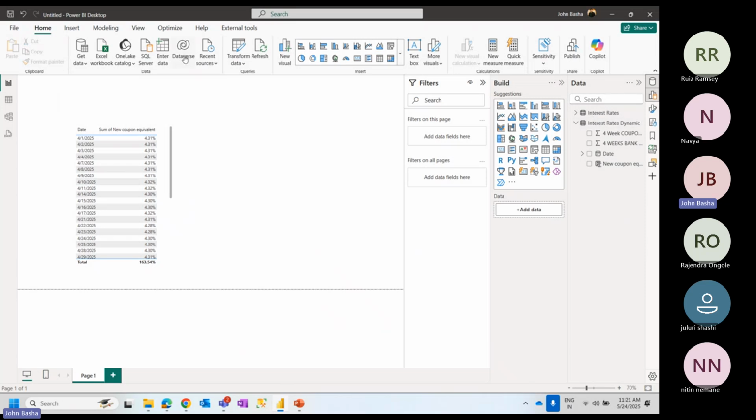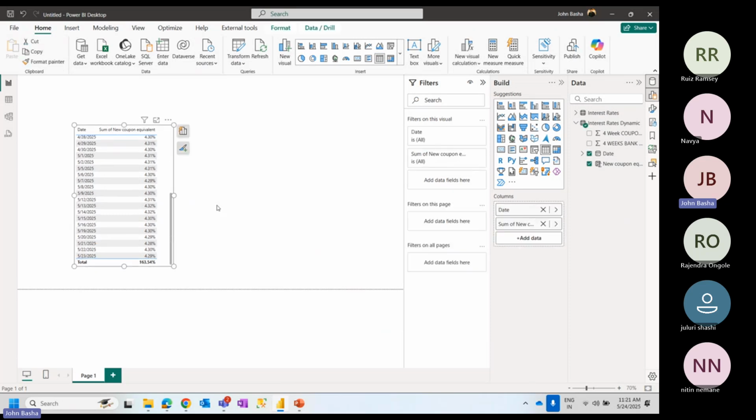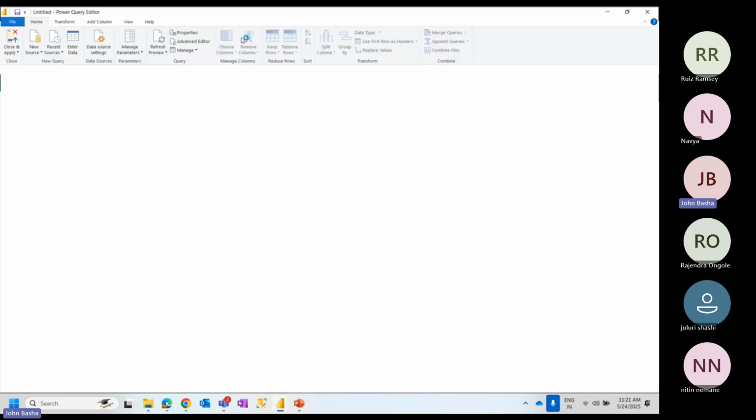We can have a relationship between the actual fact table and this interest rates table by using date, and we can get the latest interest rate on any given date. We can even go back to previous days and see the calculation of what the interest rates were. And in the same way,